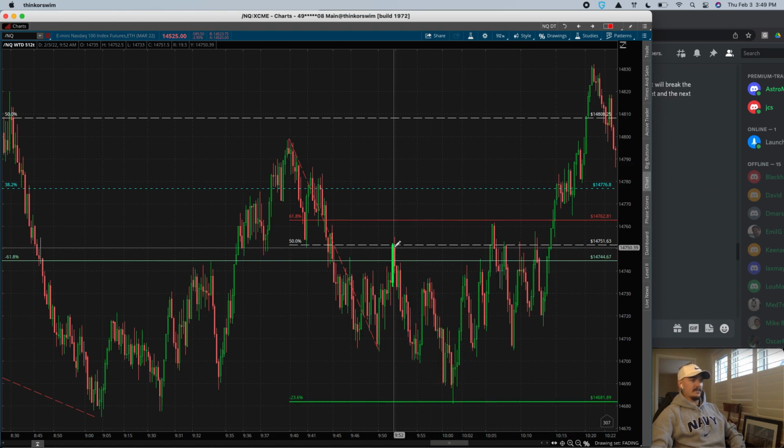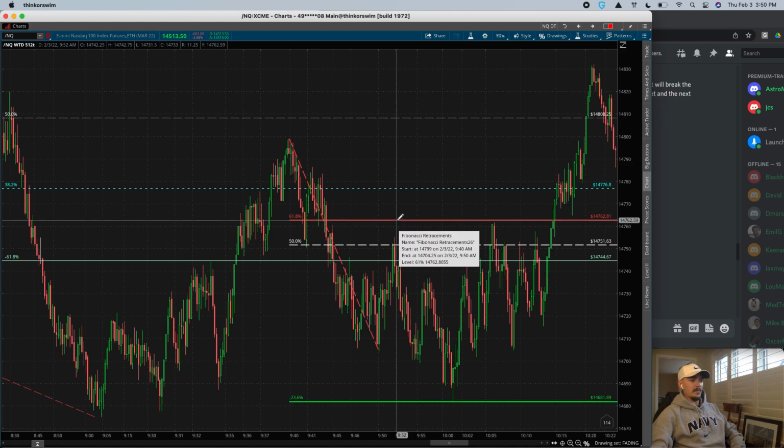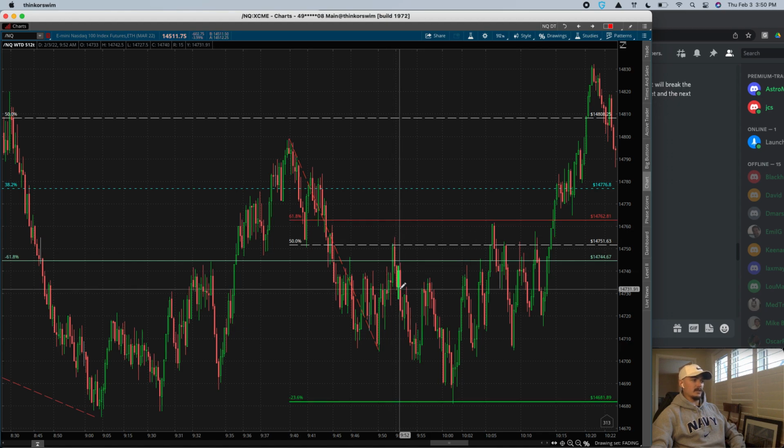I entered at 751 quarter, and because of the 61.8 being about 12 points away, I had a 12-point stop and a 12-point first target, and then I aimed for 30 points on the second contract, and that ended up completing. So I put up 12 to get 12, and then 12 to get 30, and that completed for a total of 42 points. And that was my last trade of the day, my only trade of the day,